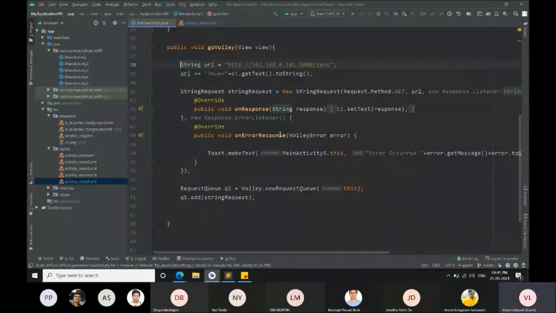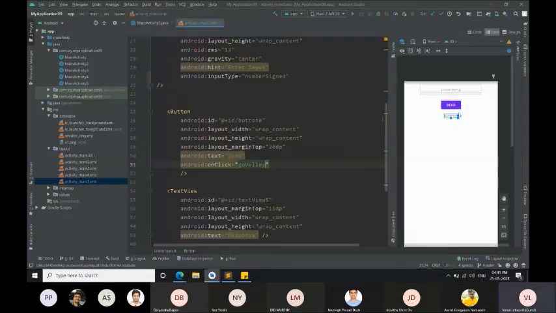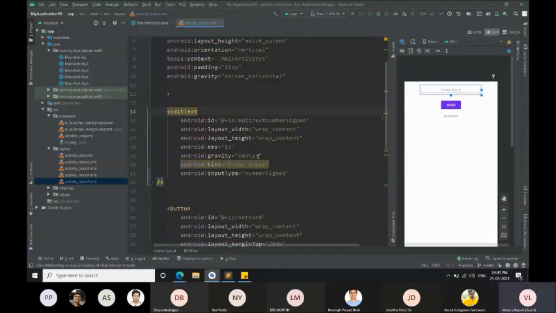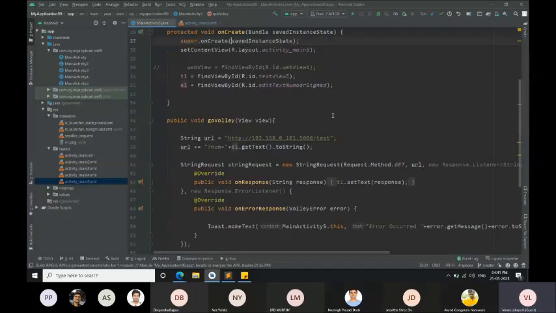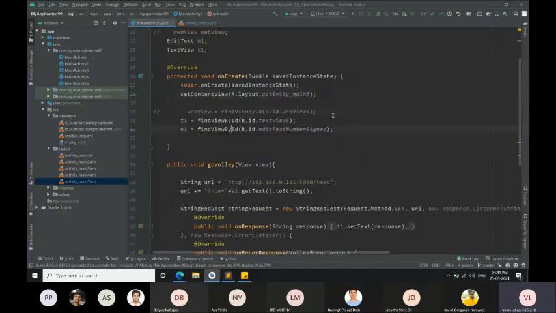You can use whatever language or whatever framework you like. So this is the URL I gave. This is the edit text in which we are entering our input. The ID of this edit text is, as you can see, edit text number signed. So the first step is that I have used findViewById to get this edit text, and then I am getting the text from it and converting it to a string.